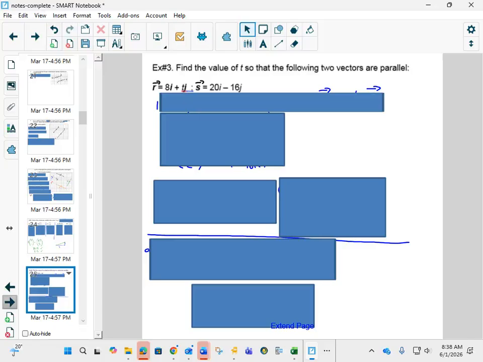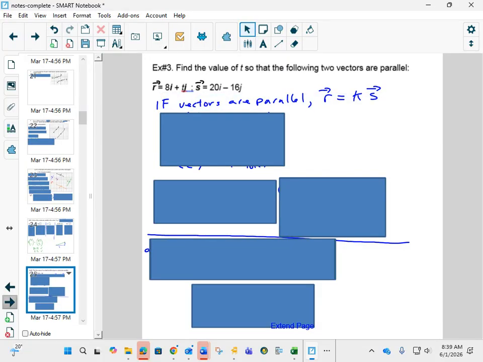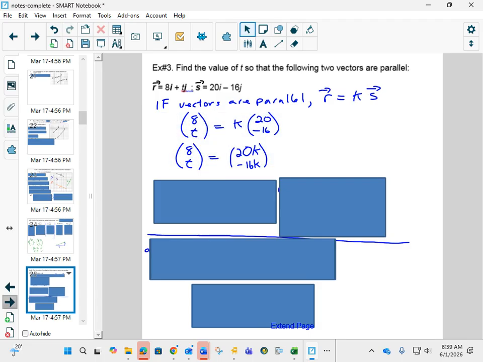So find the value of t so that the two vectors are parallel. And this is using that idea that if they are parallel, then one is a scalar multiple of the other one. And again, you can put the k on either side. I always find that working with vectors is the easiest if you turn them into column vectors. So if I set up one vector as 8, t, and the other is 20 and -16, and I put k in front of one of them, it doesn't matter which one,